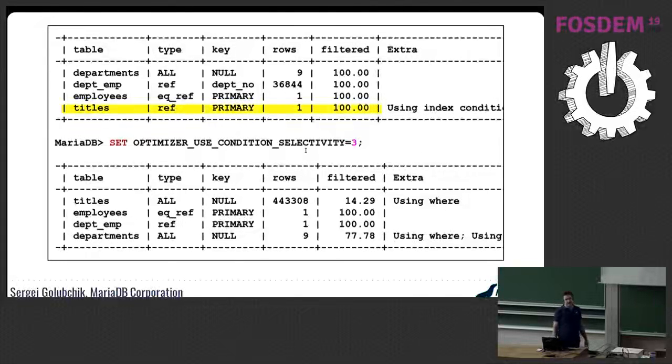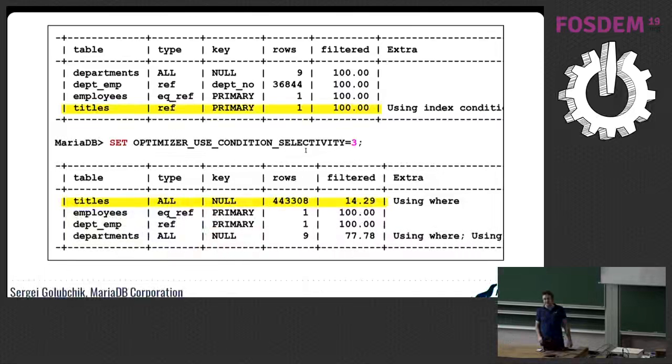This is the result of EXPLAIN EXTENDED for the first query, when the optimizer cannot use per-column statistics. It is EXPLAIN EXTENDED, so there's a column filtered, which tells what percentage of the table the optimizer thinks will pass the where clause. And because there's no data available for non-indexed columns, the optimizer doesn't know, so it just says 100%, everything might pass the where clause. But if we allow the optimizer to use per-column statistics for non-indexed columns, then the optimizer knows